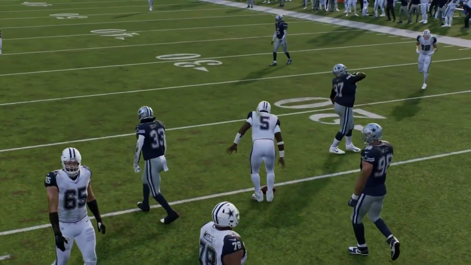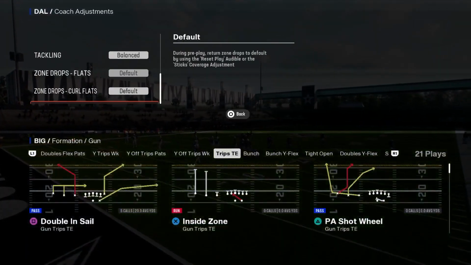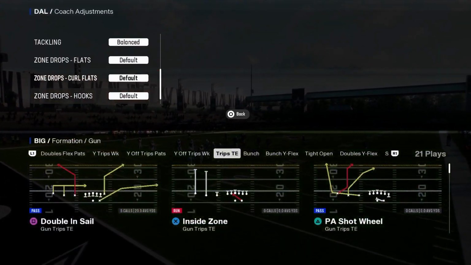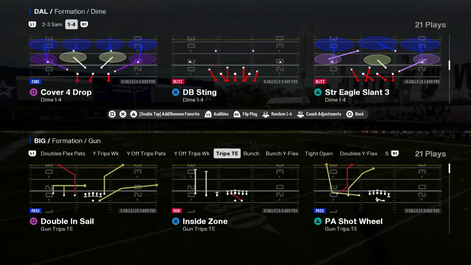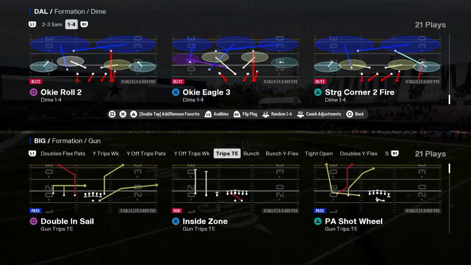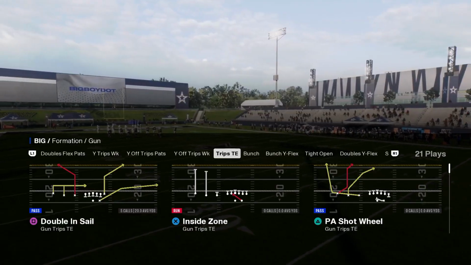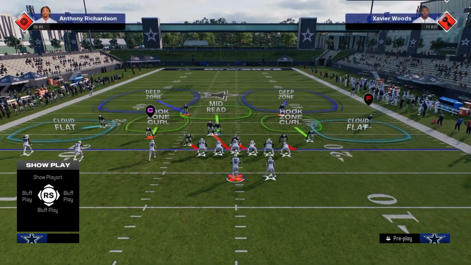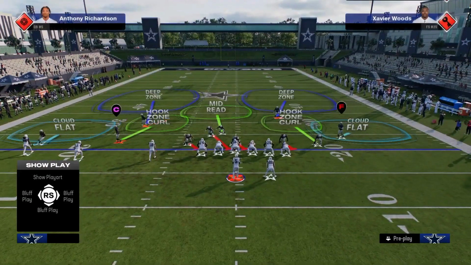my hooks on 5, which I did want to cover real quick. One other thing you can do against trips is, I don't have my hookers on 5 for some reason. They didn't match. Anyway, another thing you can try against trips is you can actually press trips on this left